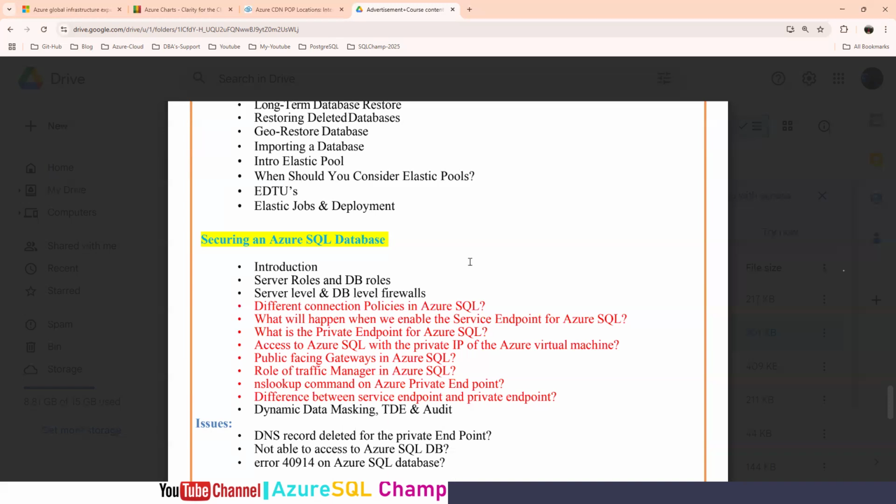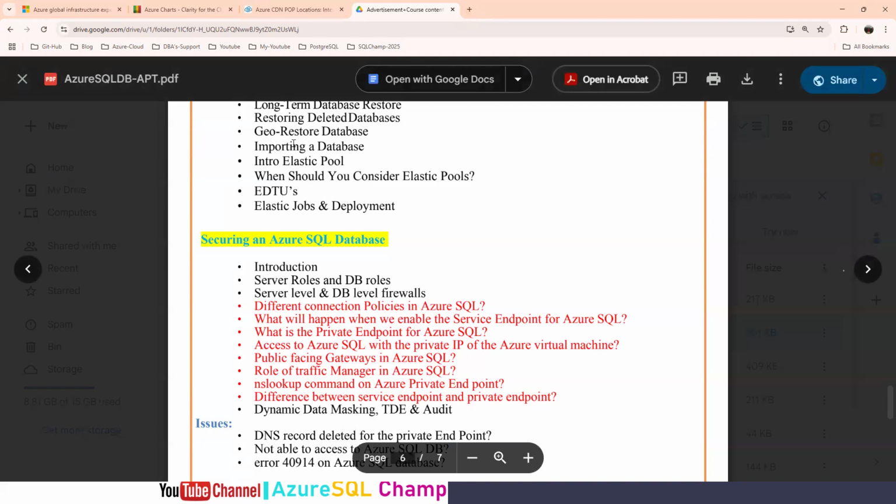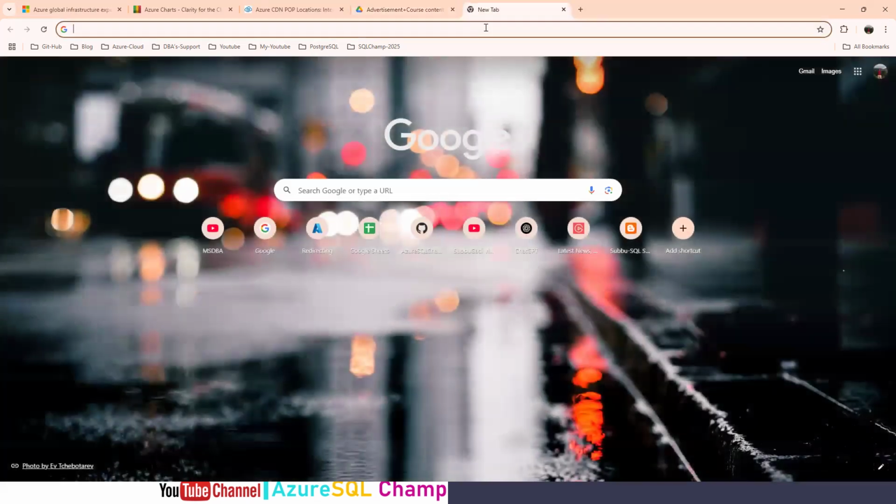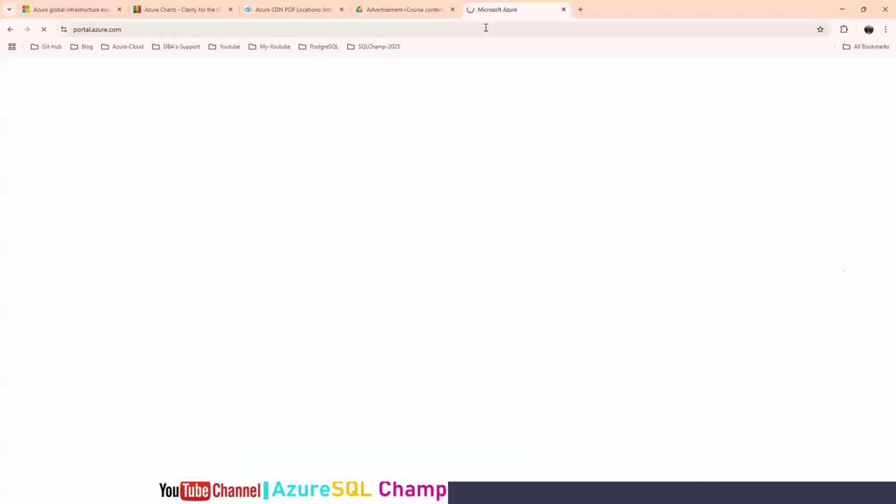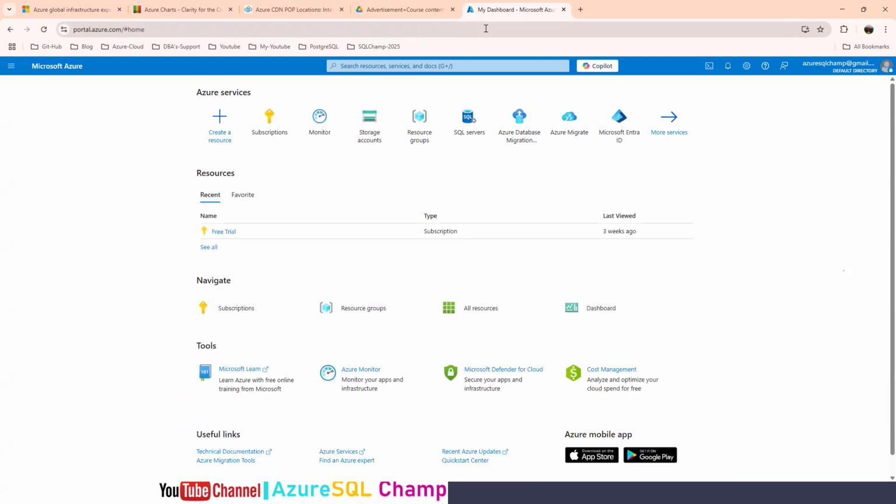In terms of Azure SQL database, we are going to spin the VMs with internet and without internet, because cloud is nothing but you need internet if you want to connect. If you want to do anything, you need an internet connection. Without an internet connection, you can't access the services, because these are all public clouds in terms of Azure, AWS, Google Cloud. So we are going to spin the VMs, and one VM I will block the internet connection.